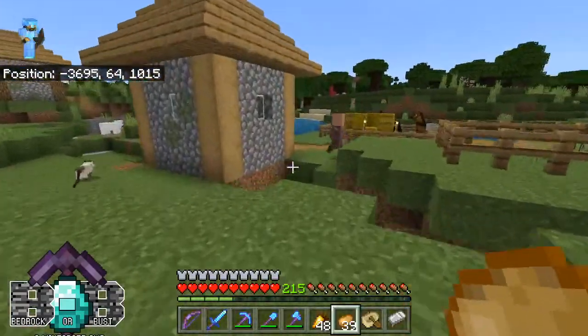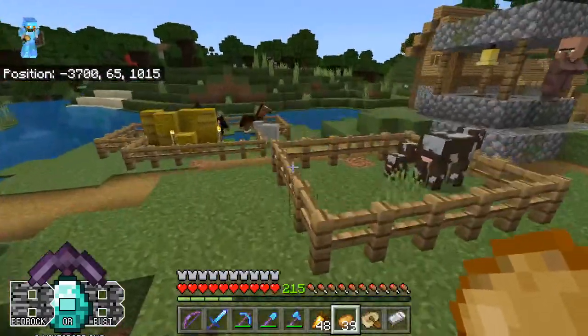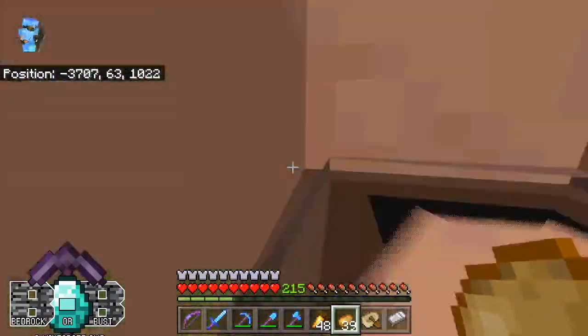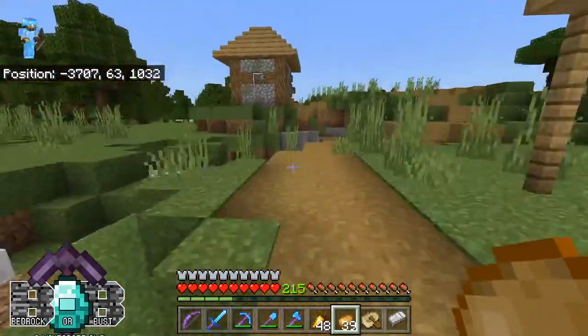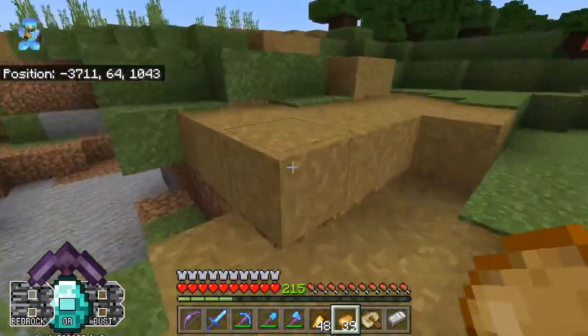Let's check all the houses. Sometimes you will find a leather worker that'll have a saddle. Which I know I'll get saddles once I have the raid farm going and whatnot, but